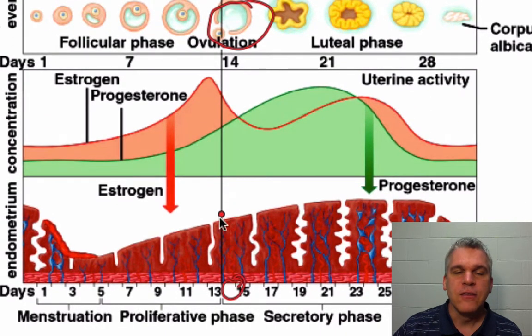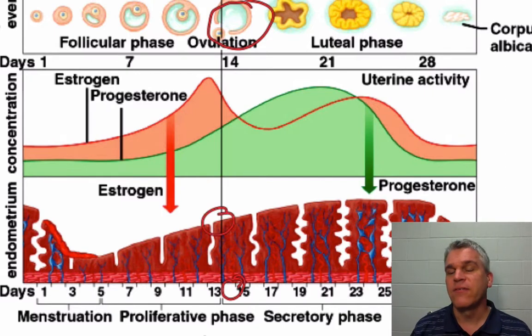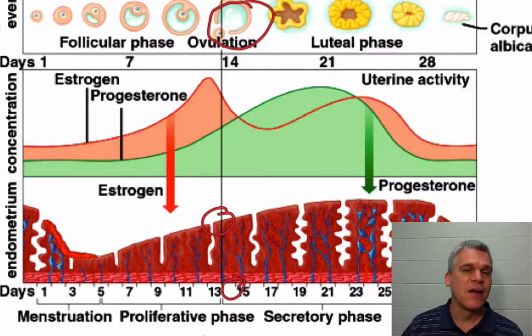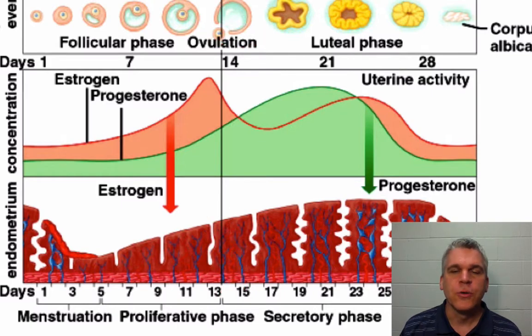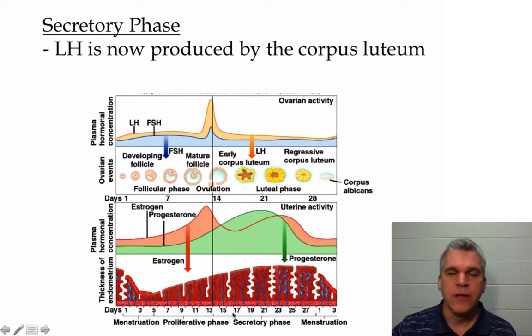Notice though, in the uterus, the uterine wall is not quite fully developed yet, which is fine, because even if there is a pregnancy, it's going to take about 5 to 7 days before the egg even makes it to the uterus. And then it's going to take a couple more days before it actually implants itself on that lining that is being produced. So in the secretory phase, which is going to be from day 15 all the way through day 28,